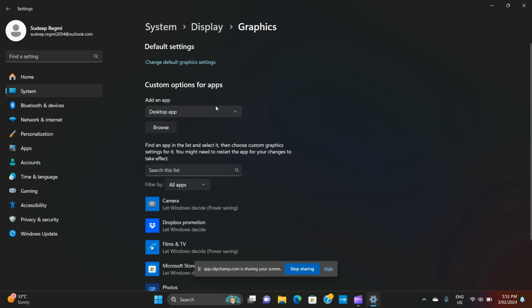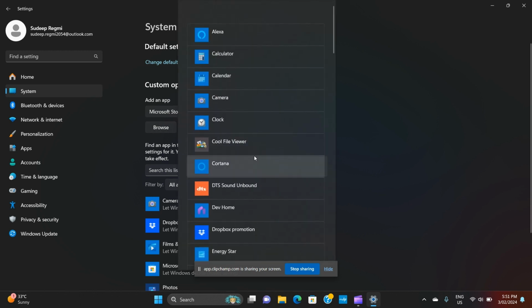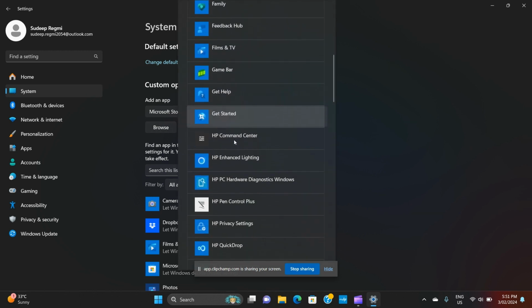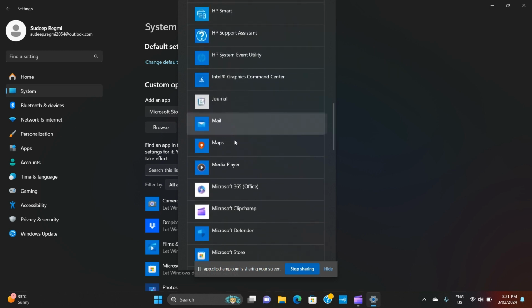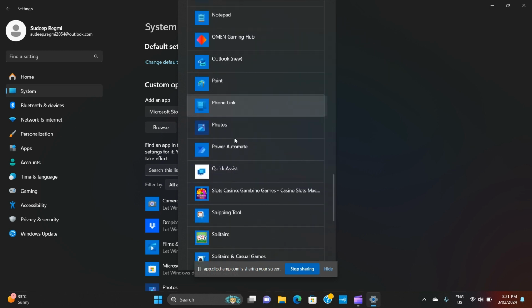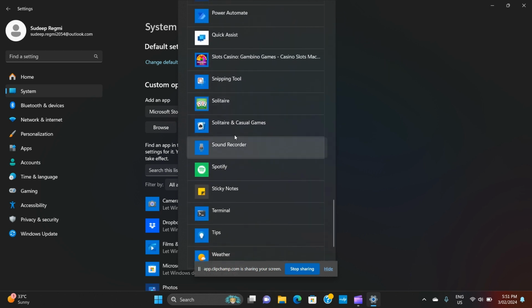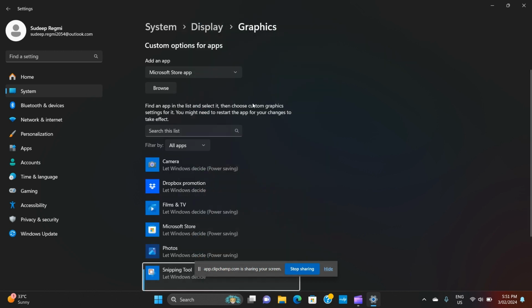Here you can see add an app option, so under that just click on drop down menu and click on Microsoft Store app and click on browse. After that, from this list, look for snipping tool. Okay, once you find the snipping tool, click on it,